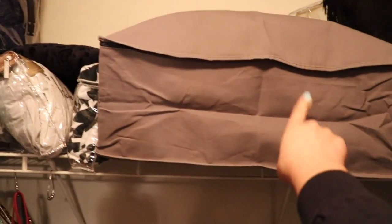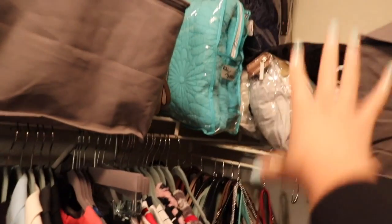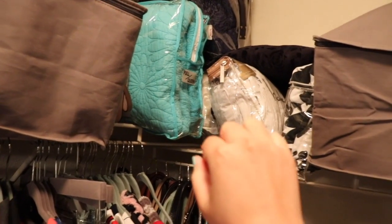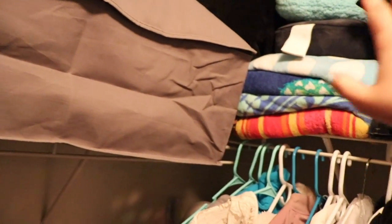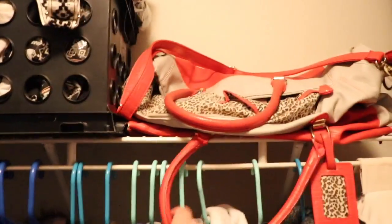And up top, we just have these storage bags. I have 2 of them. These are all sheets, blanket stuff, and these are my extra pillows that I put on my pull-out couch when people stay over. These are all my beddings that I change. Duvets, quilts, stuff like that I change with the seasons. I'll have to organize that better. And then some extra throw pillows, beach towels into like travel things, and then extra bags,